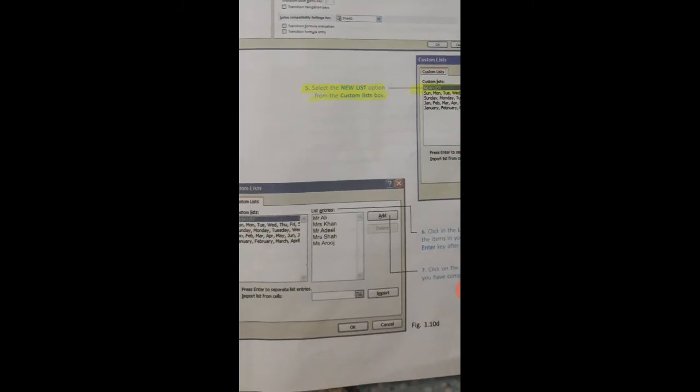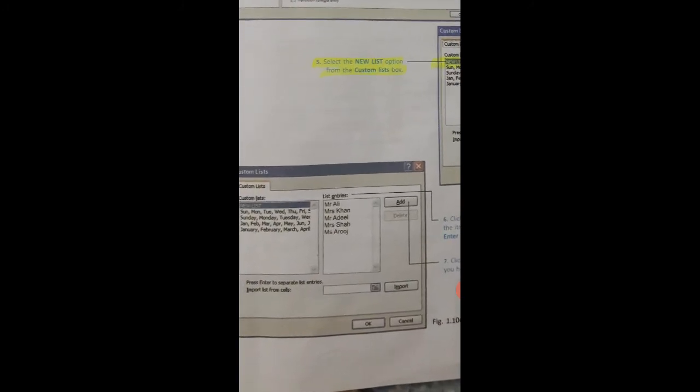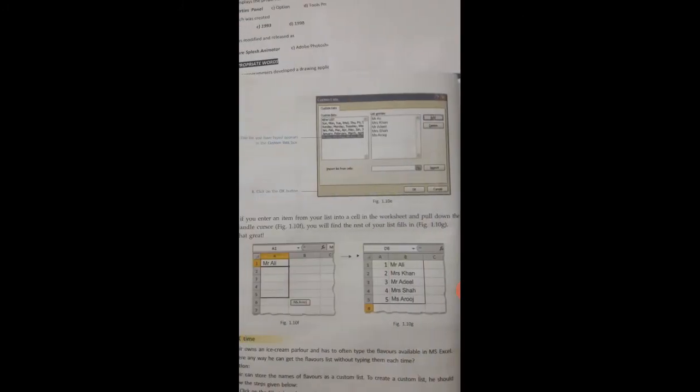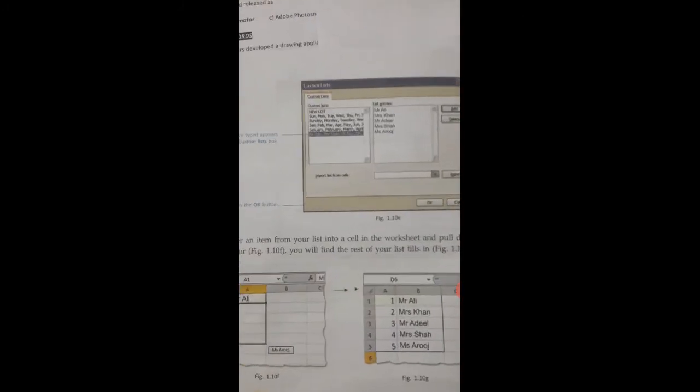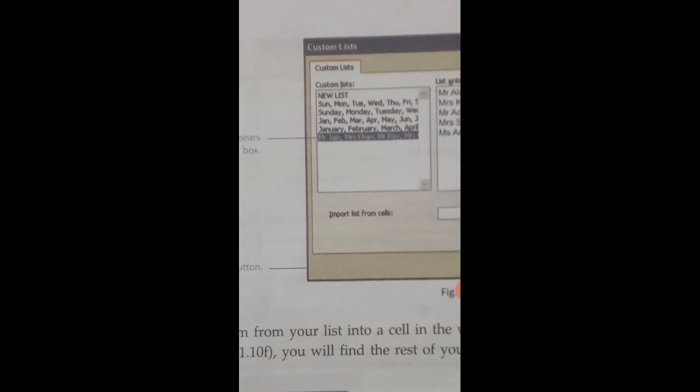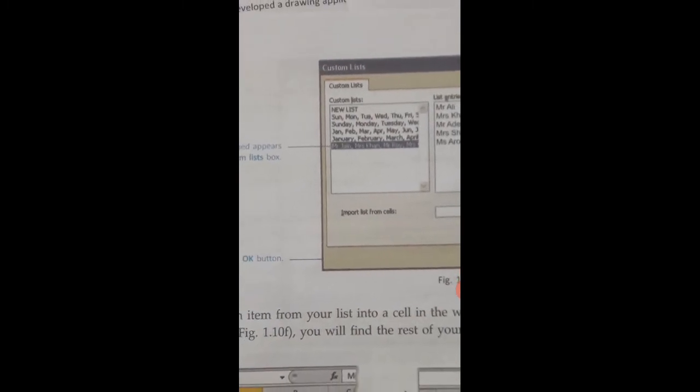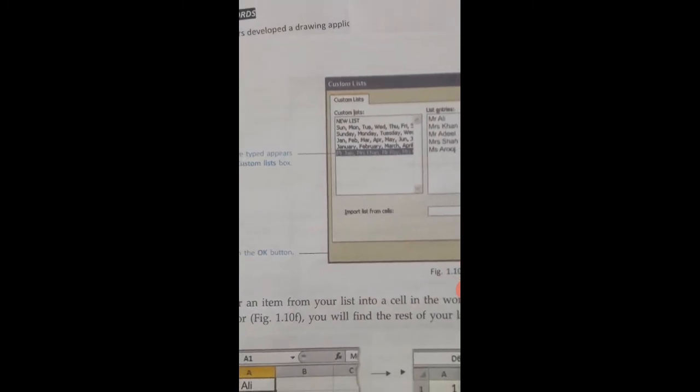रहे हैं, फॉर एग्ज़ाम्पल इसके अंदर नेम ऑफ़ द स्टूडेंट्स हैं मिस्टर अली, मिसेस खान, मिस्टर अदील, मिसेस शाह एंड मिस अरूज, ठीक है। आप ये लिस्ट ऑफ एंट्रीज़ यहाँ पे डिफ़ाइन कर देंगे, देन आप उसको ऐड कर लेंगे। जैसे ही आप ऐड करेंगे तो वो लिस्ट आपको यहाँ पे शो होनी शुरू हो जाएगी। ये देखें, ठीक है, यहाँ पे, ठीक है, वो आपके यहाँ पे कस्टम लिस्ट के अंदर यहाँ पे शो होंगी।